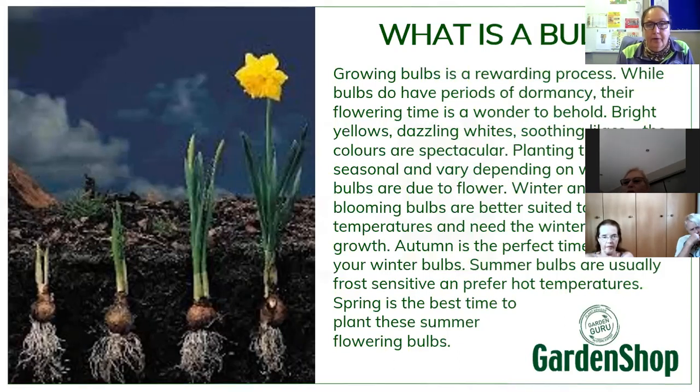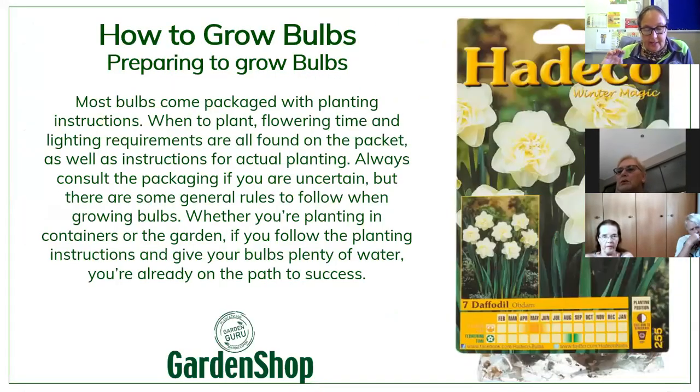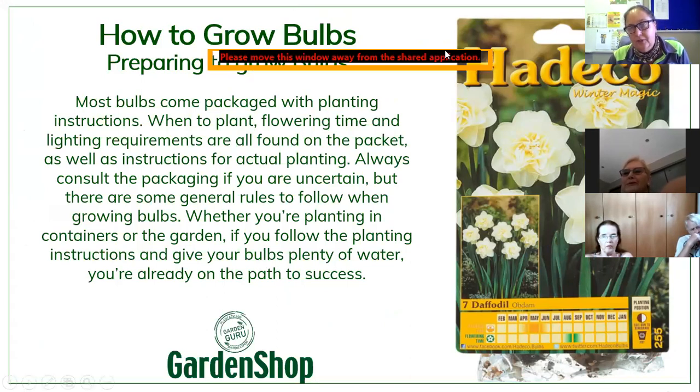Now, how do we grow bulbs? And how do we prepare to grow bulbs? First of all, you would probably go to your garden shop and you would find the bulbs. They're packaged in a little packet there, usually from a Deco, and that packet would have all the planting instructions on it. And it would obviously vary from variety to variety. They're not all going to be the same. But what the instructions will tell you is when you need to plant it,